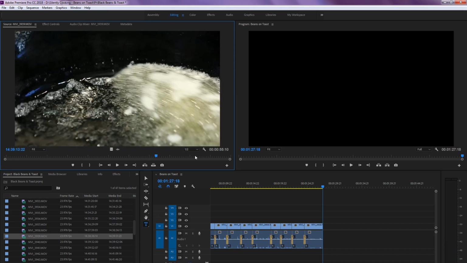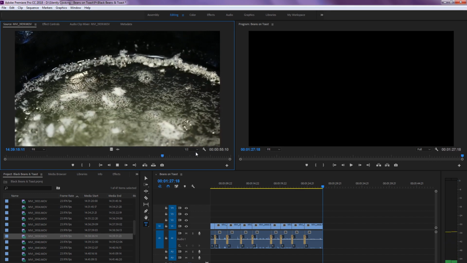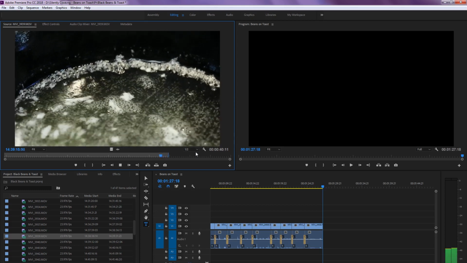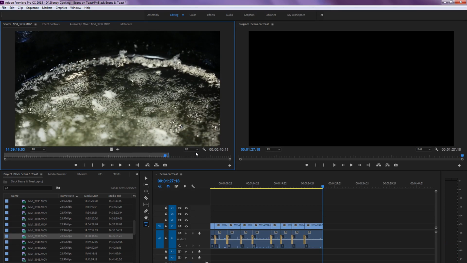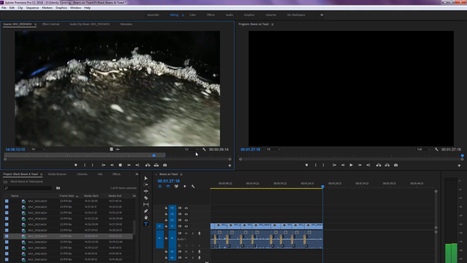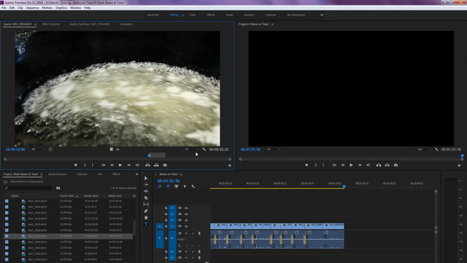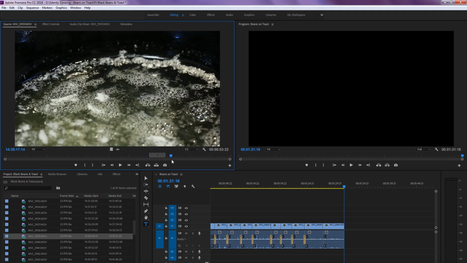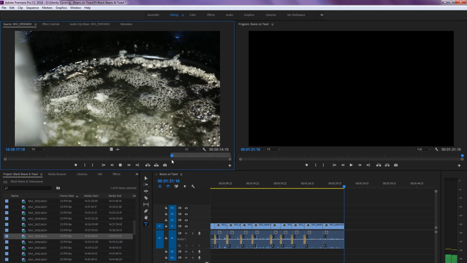All right, so what I wanted to do was I'm going to cut on the swirl of butter. Boom, end it right there. So I'm going to end it right there, and I'm going to work backwards. I'm going to rewind, get the swirl of butter in there, drop that down, and then the onions come in later. So right when them onions come in, like right there, this frame, right where the onions come in on the left-hand side,